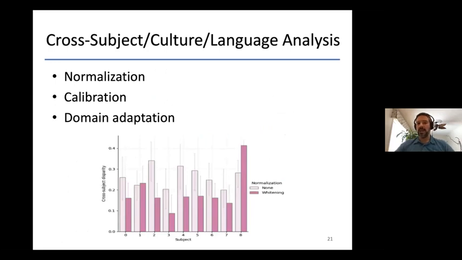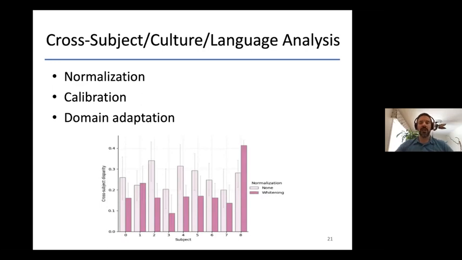And then lastly, something else that needs to be taken into account is the cross-subject variability. Each individual user, what's stress for you will be different from what's stress for somebody else. How you display stress is different from how somebody else displays stress. There's also cultural effects. So how one culture expresses emotion is different from another culture and so on. And then of course also language. So a lot of these things need to be taken into account.